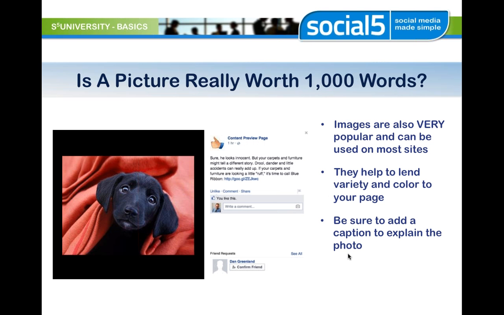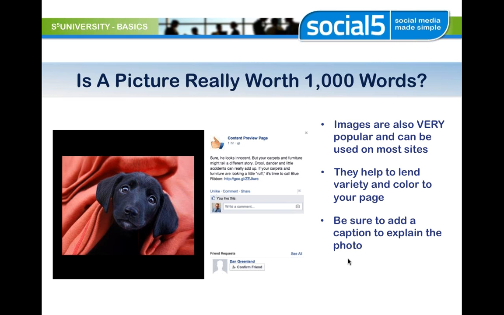One thing you want to make sure you do is add a caption that explains your photo. That's good on just about any post. If you're linking to an article, you want to put your own thoughts in there so that people understand why you thought it was important, and so it has a tie to your business. This particular post is for a carpet cleaning company. So it's like, what does a puppy have to do with carpet cleaning, other than that people just like puppies on social media, right?